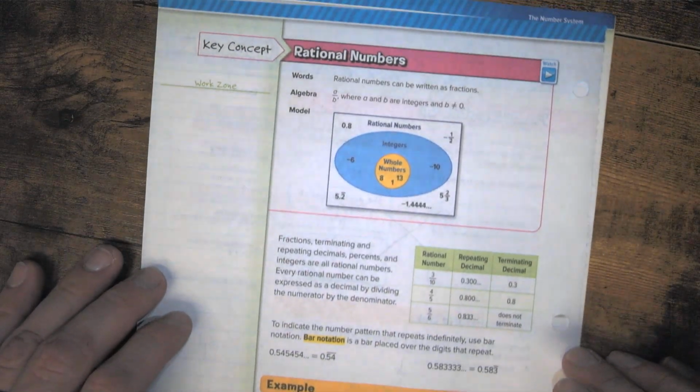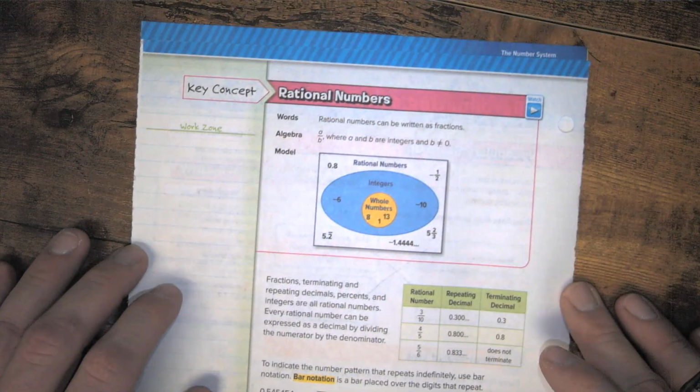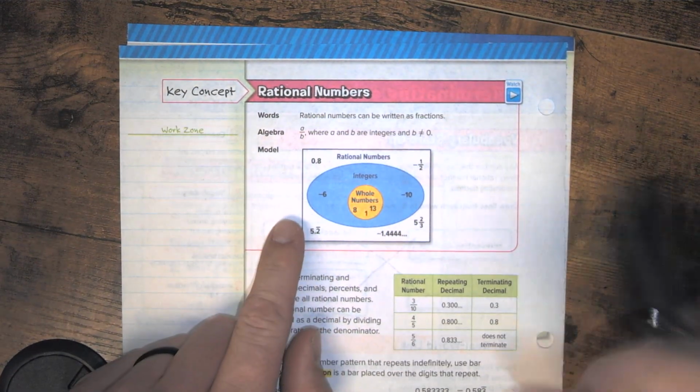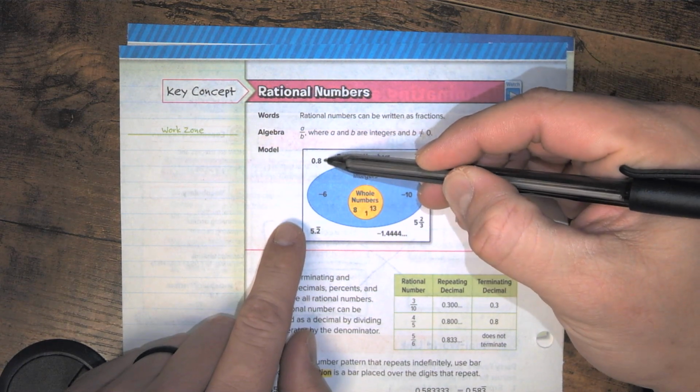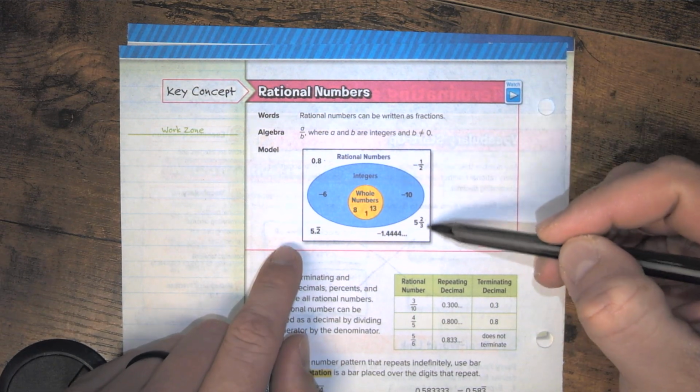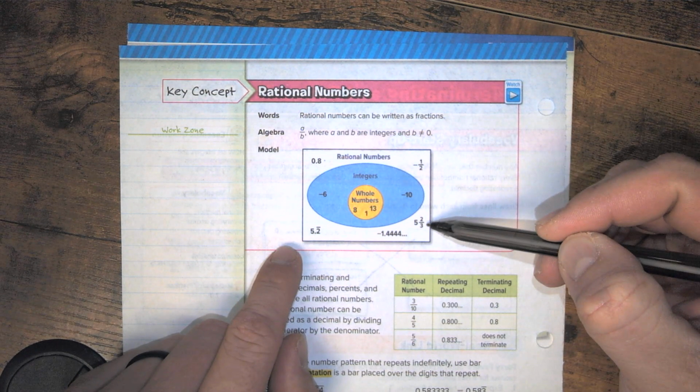Alright, so on the next page, at the very top, that is what they call rational numbers. So rational numbers are any number that can be written as a fraction. Irrational numbers, which you'll talk about later, probably 7th and 8th grade, are numbers that can't be written as a fraction, like pi, 3.14159, and so on and so on forever. It never repeats and never stops, terminates. Like these right here, so this 0.8, that stops. It terminates. It stops at 0.8. -1/2, that's a fraction. 5 2/3, that's a mixed number. It can be written as a fraction or a decimal. And then this bar right here is called